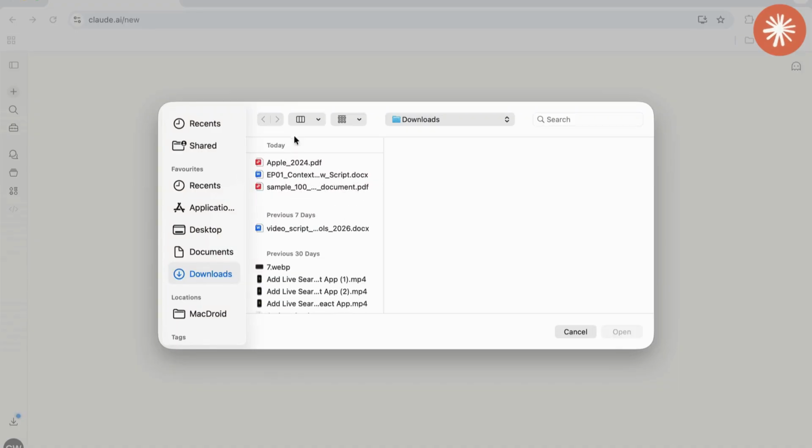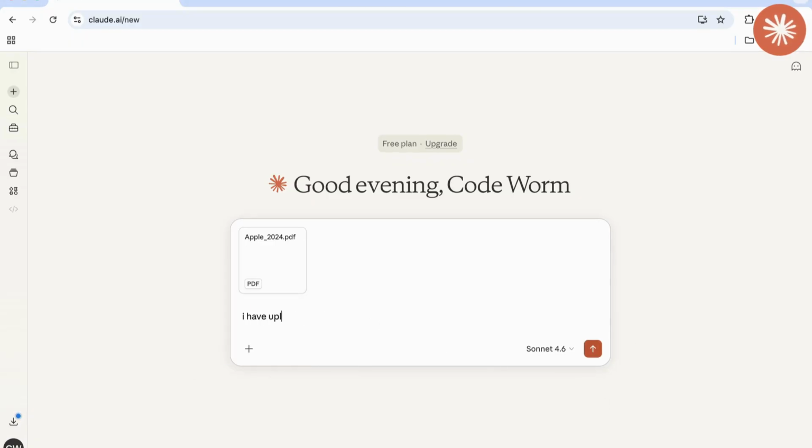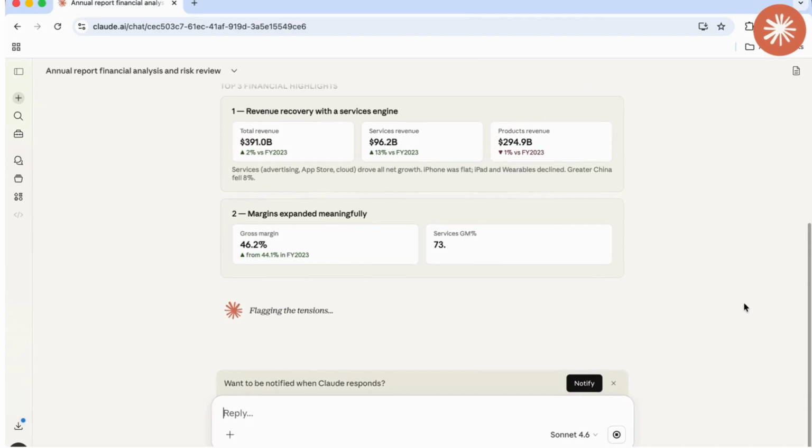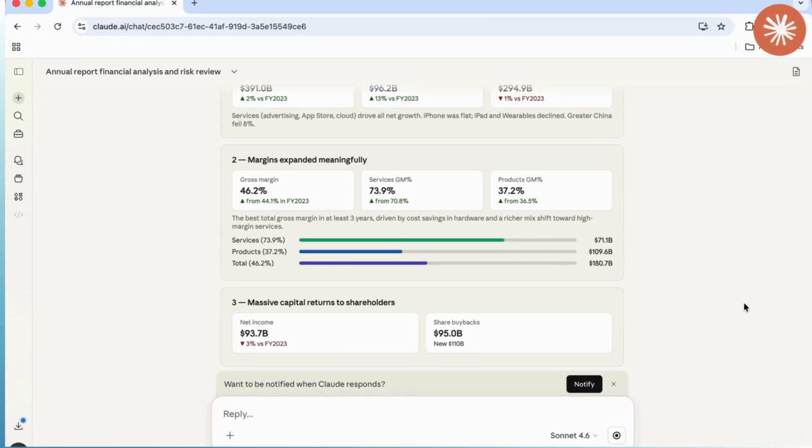This is Apple's full 10K report. 110 pages of financial data, risks, strategy. I'm uploading the whole thing, not a section, the entire document. 1 prompt, 3 jobs. Summarize the highlights, pull the risks, flag anything contradictory. 110 pages. All of it in the context window. All of it in the room. Look at that. Financial highlights, key risks, and it's already flagging tensions in the document, things that seem inconsistent between